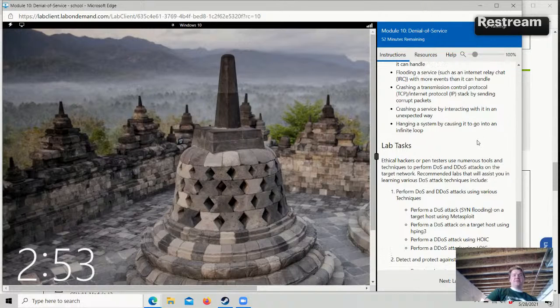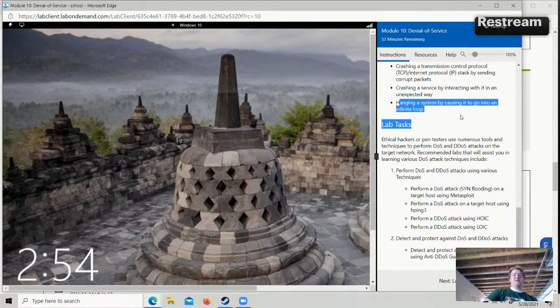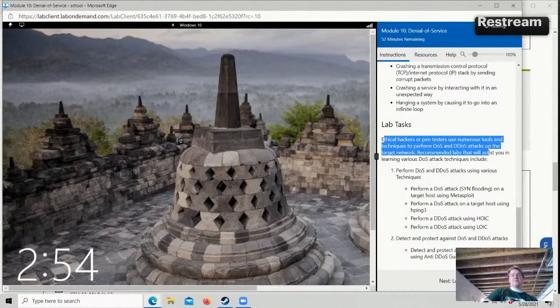Crashing a service by interacting with it in an unexpected way. Hanging the system by causing it to go into an infinite loop. Lab tasks. Ethical hackers or pen testers use numerous tools and techniques to perform DoS and DDoS attacks on the